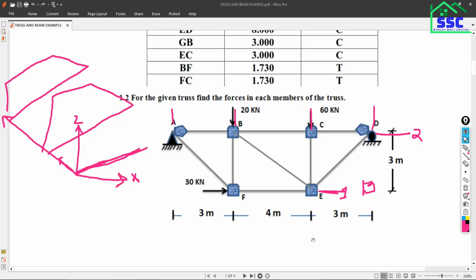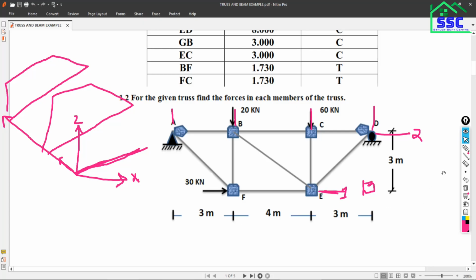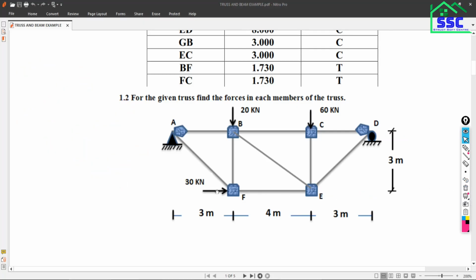Okay, just go back to ETABS. That's why the number of grids in the y direction will become 1. We also discussed this point in the last session. Then the spacing of grids in the x direction. Go back to the question and see whether it is uniform or non-uniform. Exactly, it is non-uniform, but the repetitive number is 3.